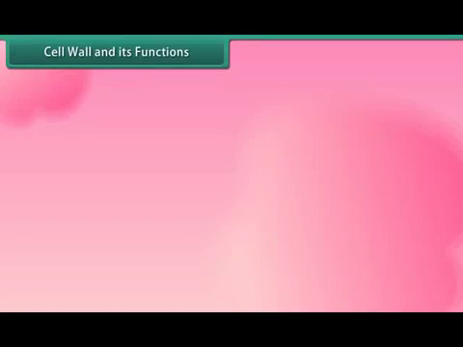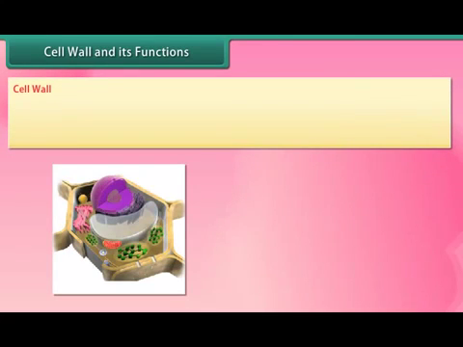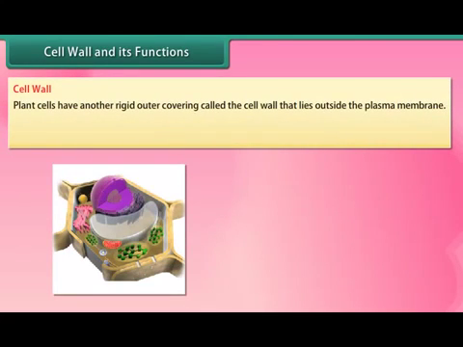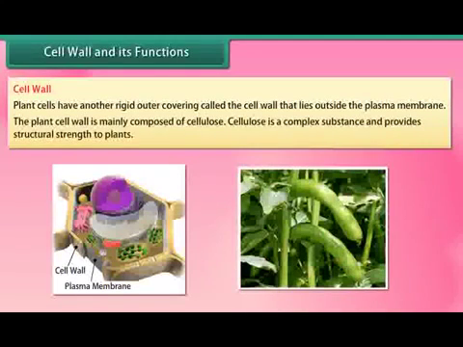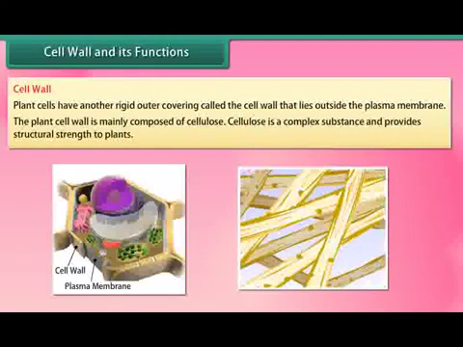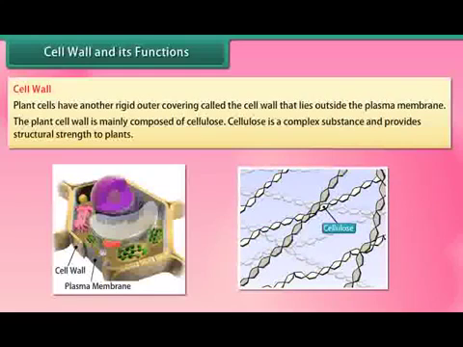Cell wall and its functions. Cell wall. Plant cells have another rigid outer covering called the cell wall that lies outside the plasma membrane. The plant cell wall is mainly composed of cellulose. Cellulose is a complex substance and provides structural strength to plants. Functions of cell wall. Cell wall provides